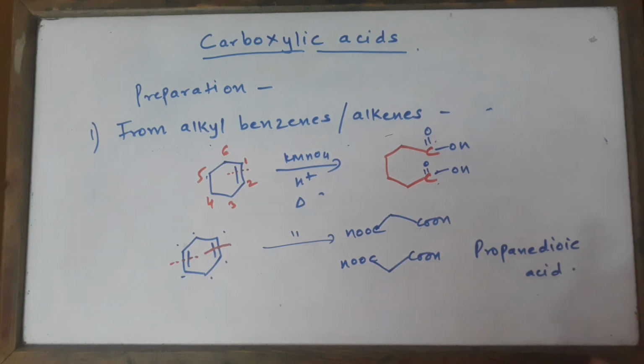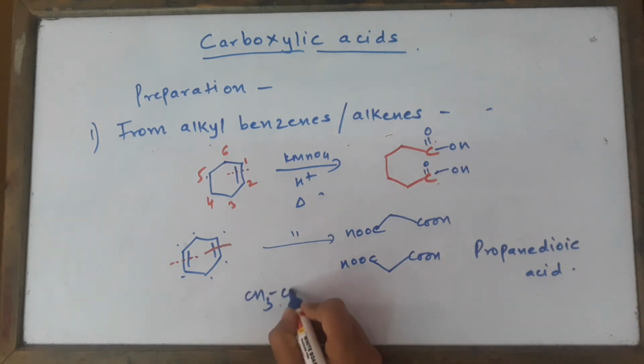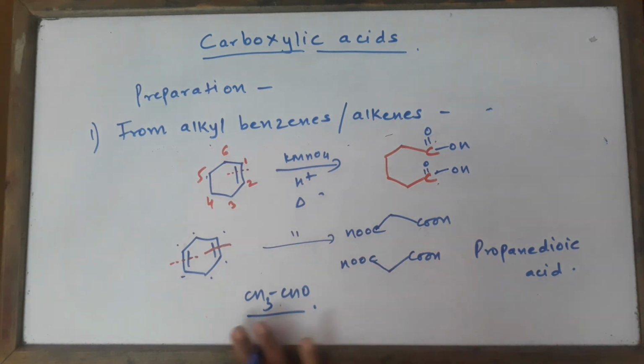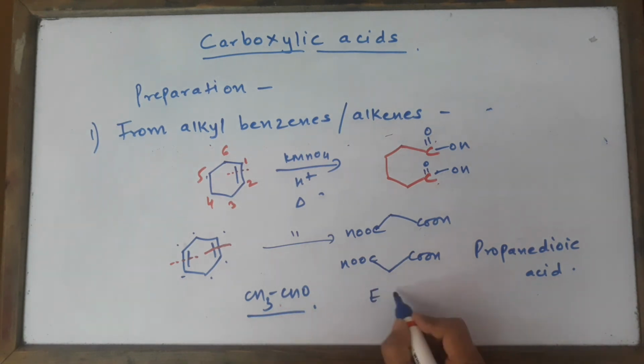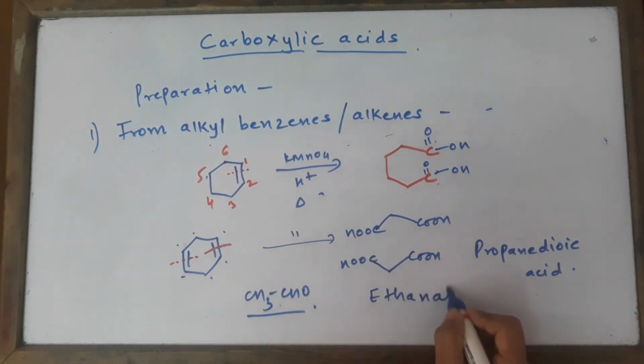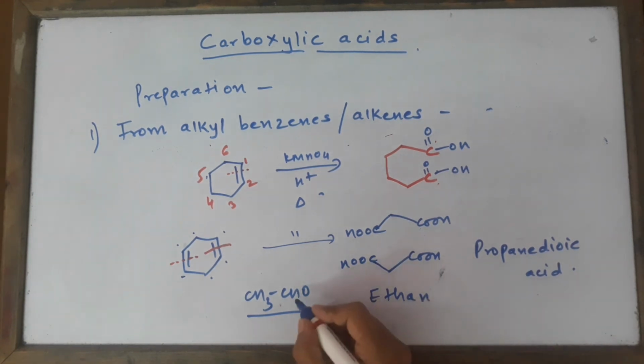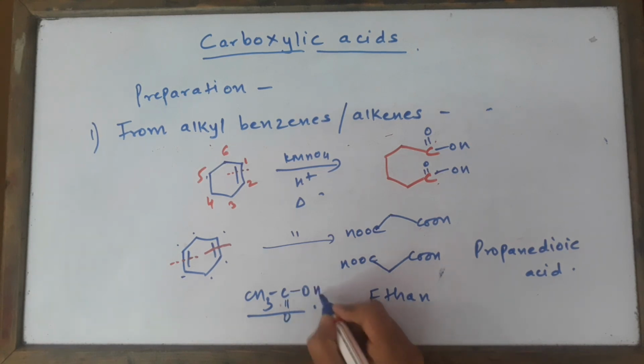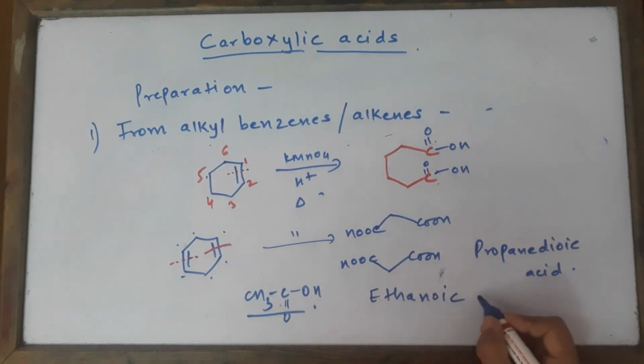You must practice the names which are given in the textbook. They are very simple, and the nomenclature is exactly the same as aldehydes. For example, if I say CH3CHO, what will I call this compound now? I'll call it ethanal. Now I'm going to call it an acid, so if I change this to an acid like C double bond OOH, I just have to write it as oic acid. That is the change which I have to do.